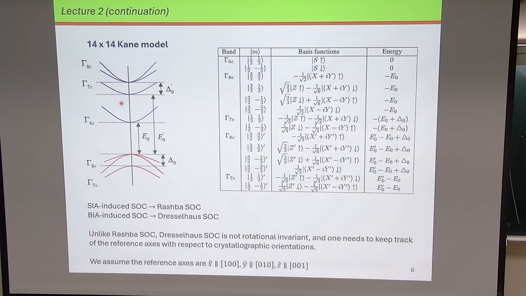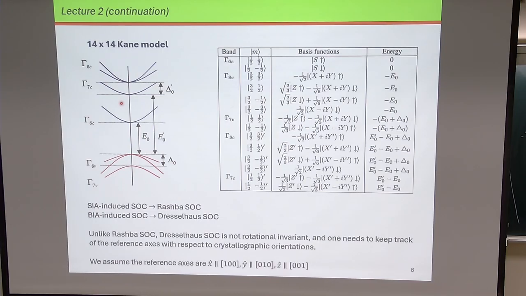So then you have a basis which is 14 by 14, you get a Hamiltonian that is 14 by 14, you have to downfold it. Exactly the same procedure we did for the other case with 8 bands, but of course it's more involved because it's a huge Hamiltonian. And so you get very long expressions. You can go to the Spintronics review that I gave at the beginning if you want to see all these expressions. So I will just avoid the exact expressions, but I will tell you what is the form of this